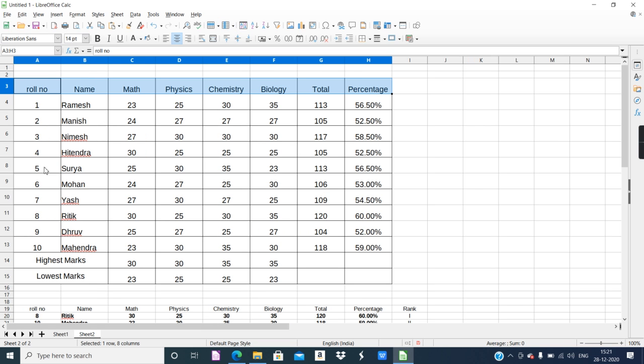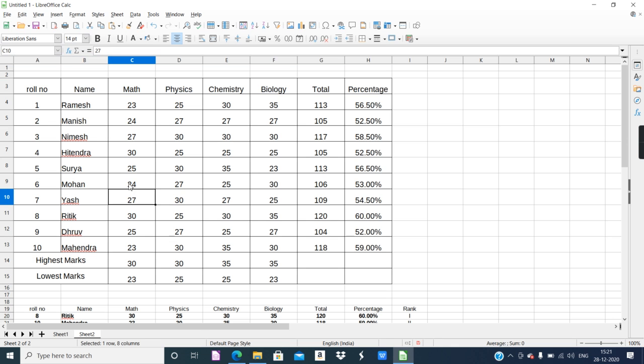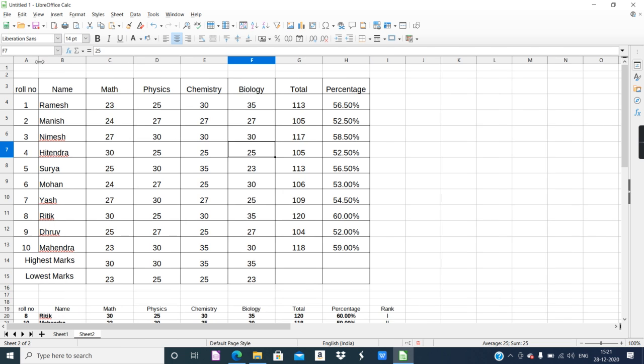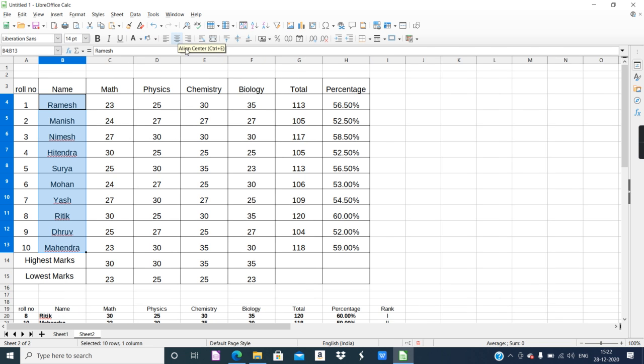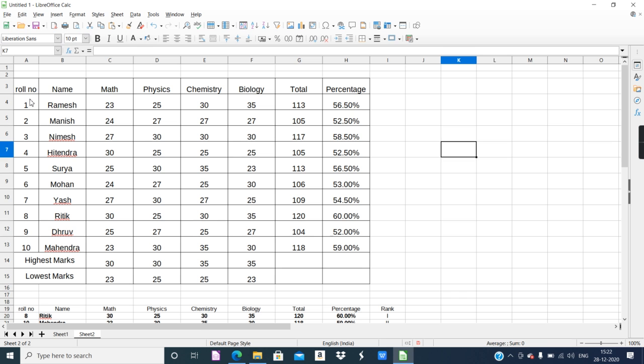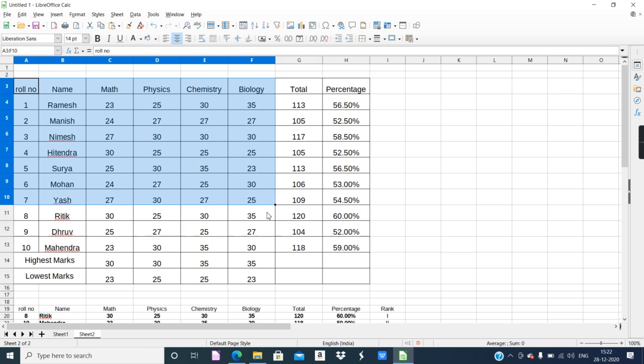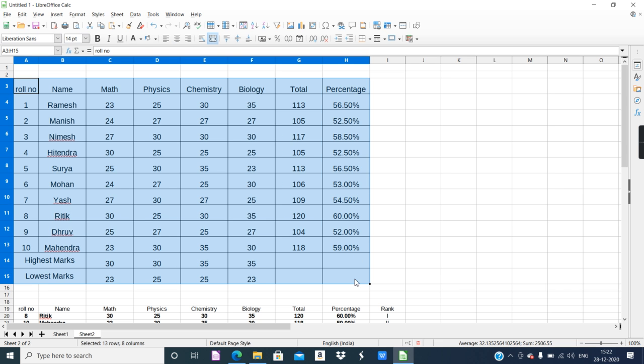Okay, so you can give equal column width or just adjust column width according to your convenience. Okay, I will choose this data and bring in center. Now all the alignment looks bottom. Okay, all the data seems to be in bottom.